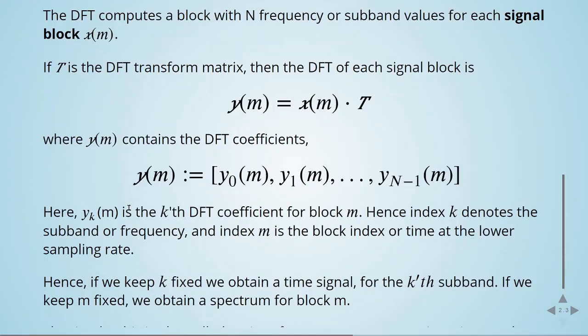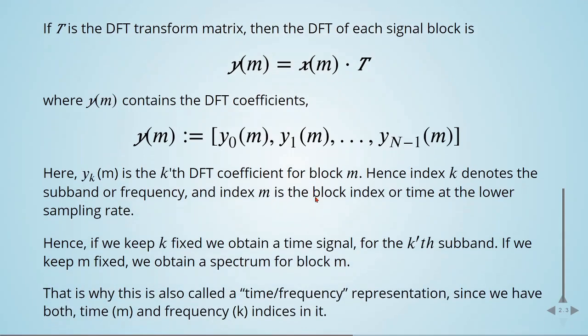Here, Y_k of M is the kth DFT coefficient for block M. Hence, index K denotes the subband or frequency, and the index M is the block index or time at the